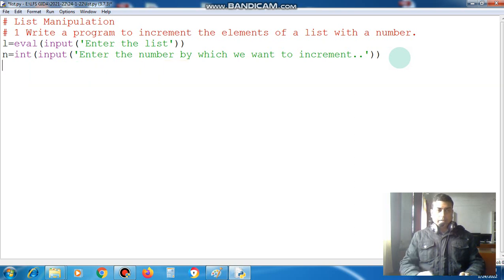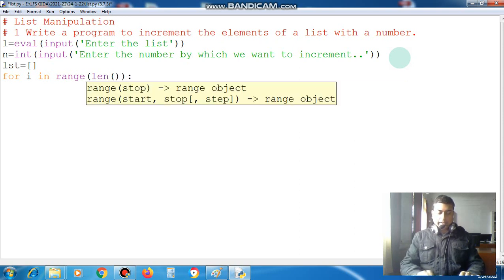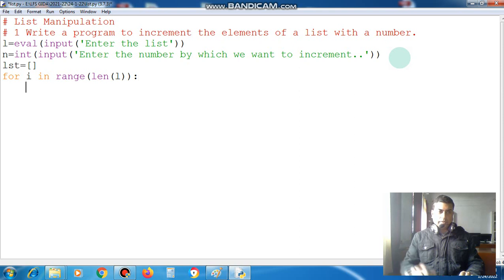Then one blank list we have to declare to store the updated values, and we have to traverse the list. For i in range, length of L, means up to length of L it will go, and